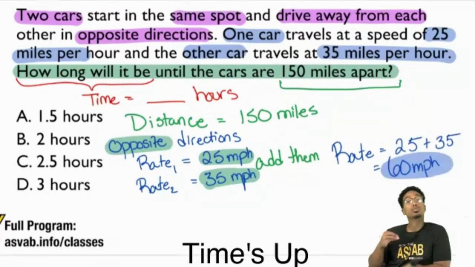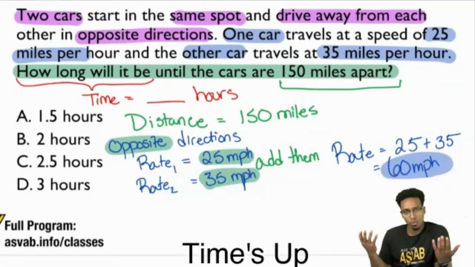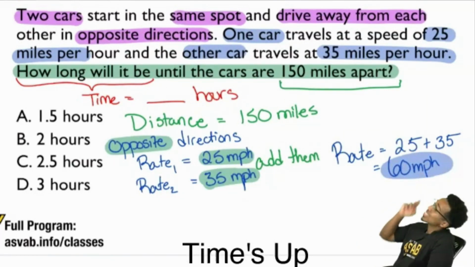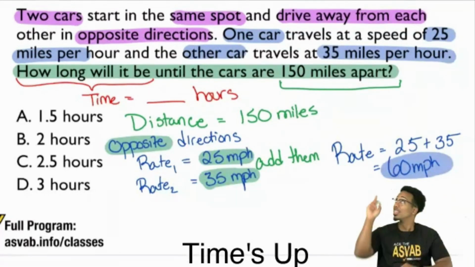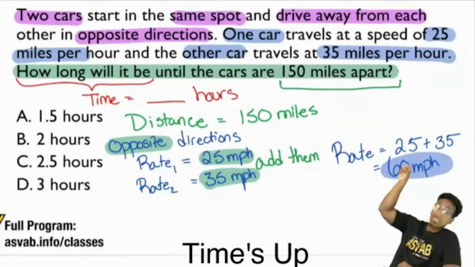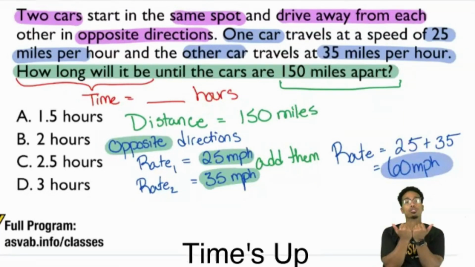Cool. Here's the reason why. And this is how I want you to talk about it, obviously fitting in your own words and terminology if you want to. But long story short, the reason why we got this 60 is because we have two objects in this problem. Look at the top over there. Two cars going in opposite directions. Because these cars are going in opposite directions, you are going to add their distances together.